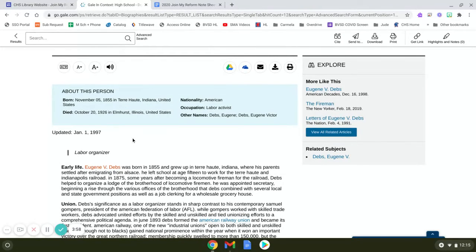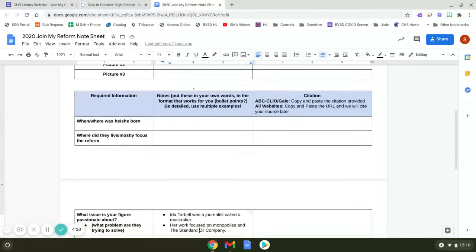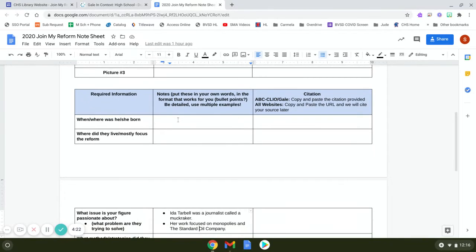And this box at the top here has some information that I do need. So for example, it does ask where my social reformer was from. And I also can see he was a labor activist. So he's fighting for rights for workers. Okay. And he's from Terre Haute, Indiana. So if I go back here to my note sheet, it's going to say here, when and where was he born? So I can start